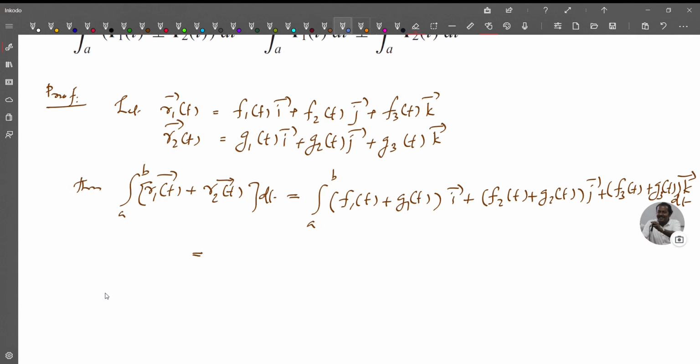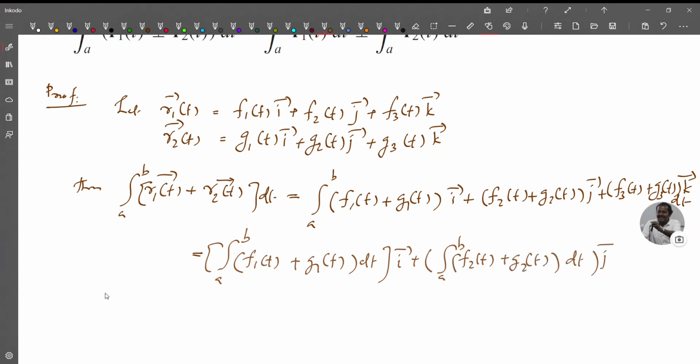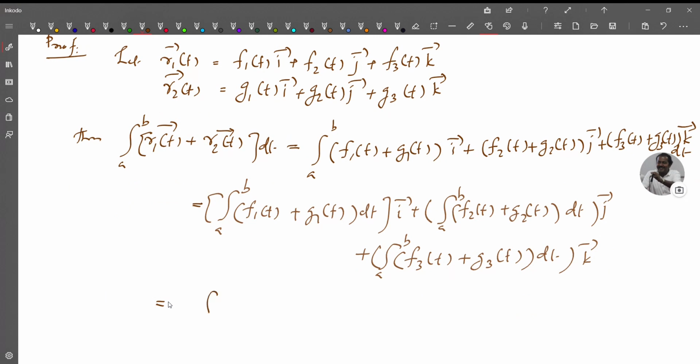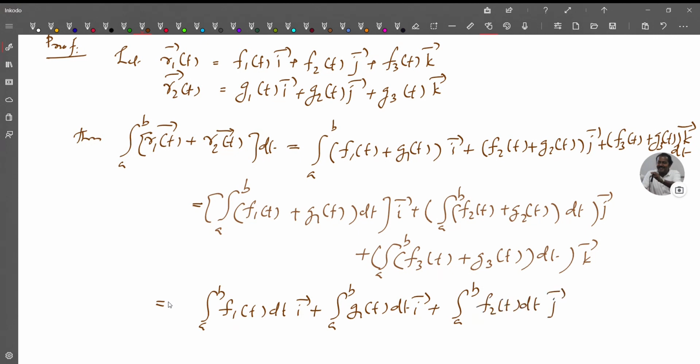That is equal to integral a to b f1 of t plus g1 of t dt i plus integral a to b f2 of t plus g2 of t dt j plus integral a to b f3 of t plus g3 of t dt k is equal to integral a to b f1 of t dt i plus integral a to b g1 of t dt i plus integral a to b f2 of t dt j plus integral a to b g2 of t dt j